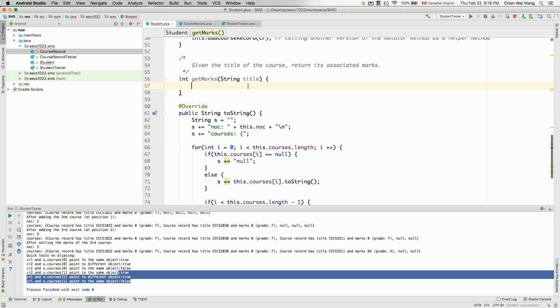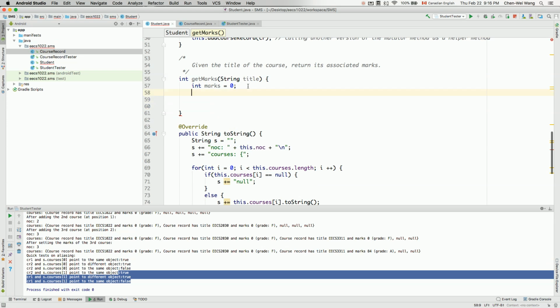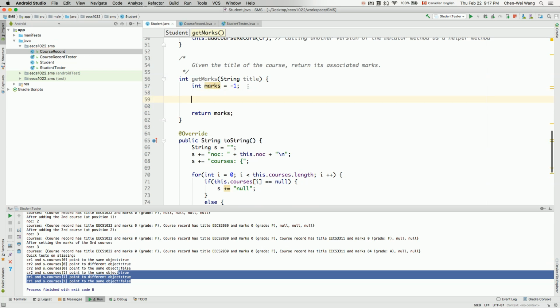So we can say integer marks, let's say initially just 0, or you can even put -1. It doesn't matter. Eventually we're going to reassign this to a proper value, and then eventually we're going to return marks. Okay, and now we can say for integer I is